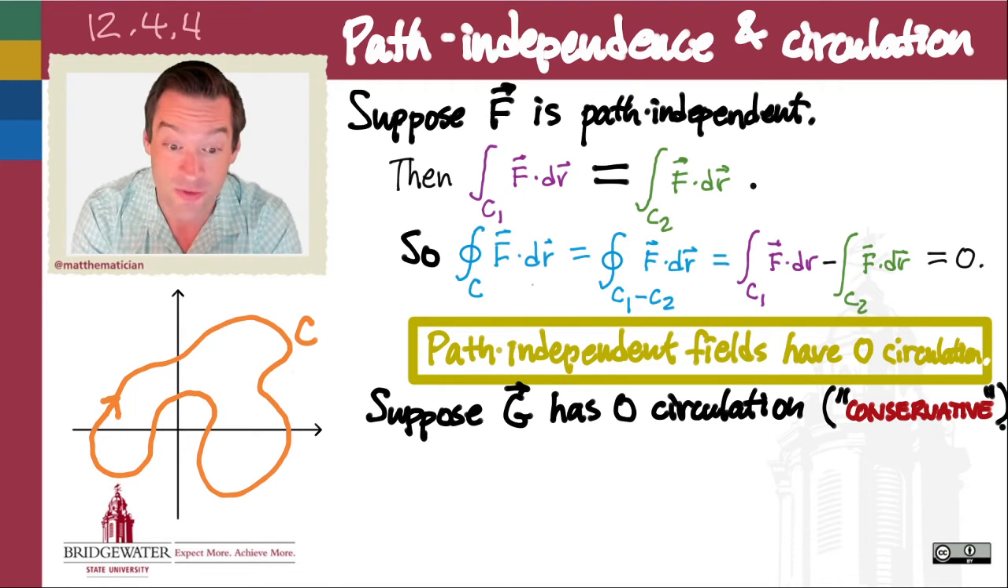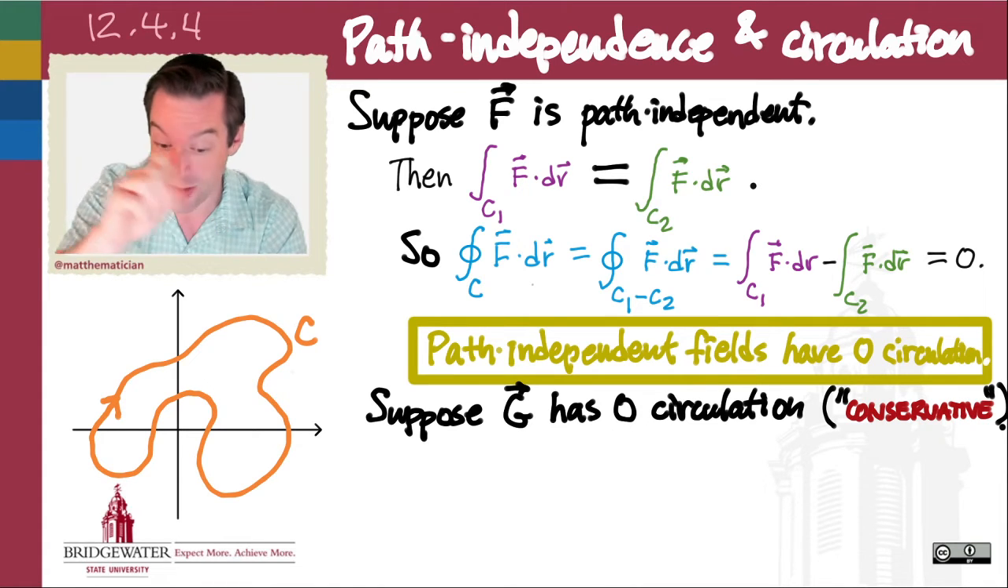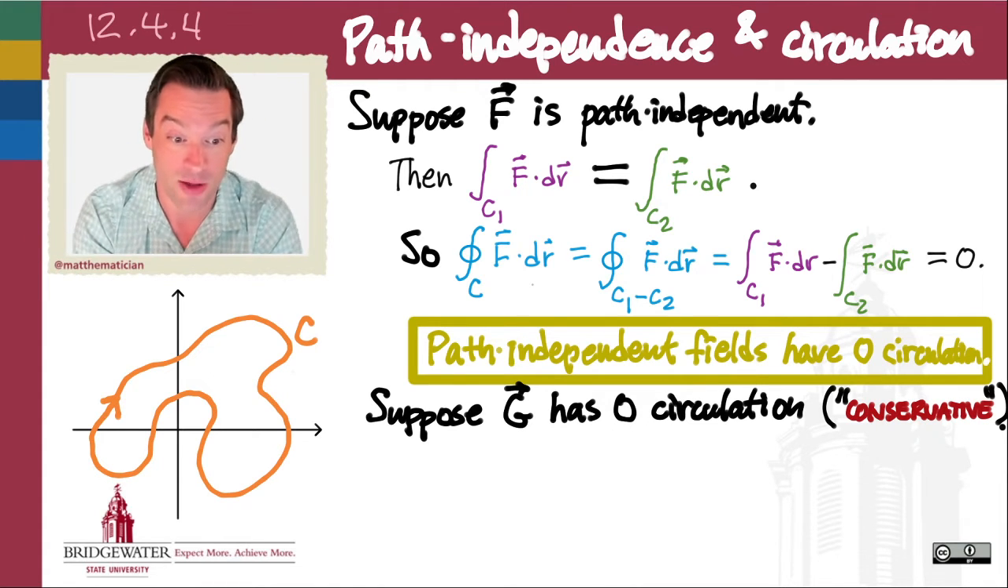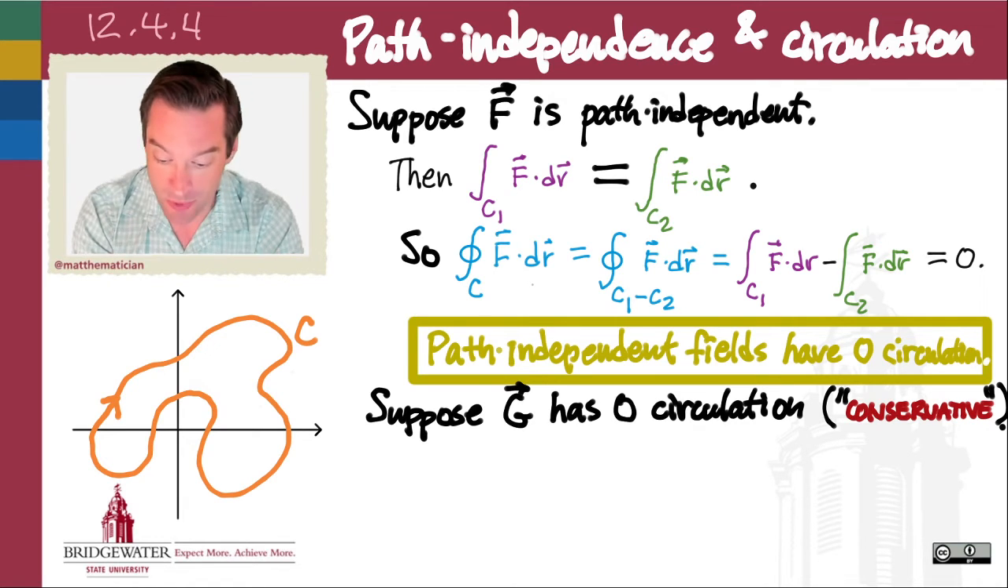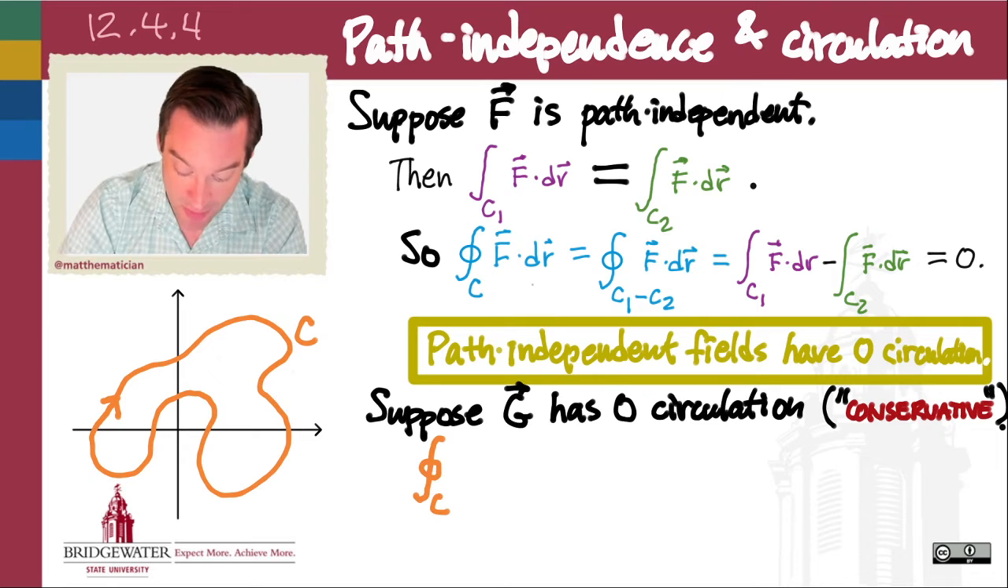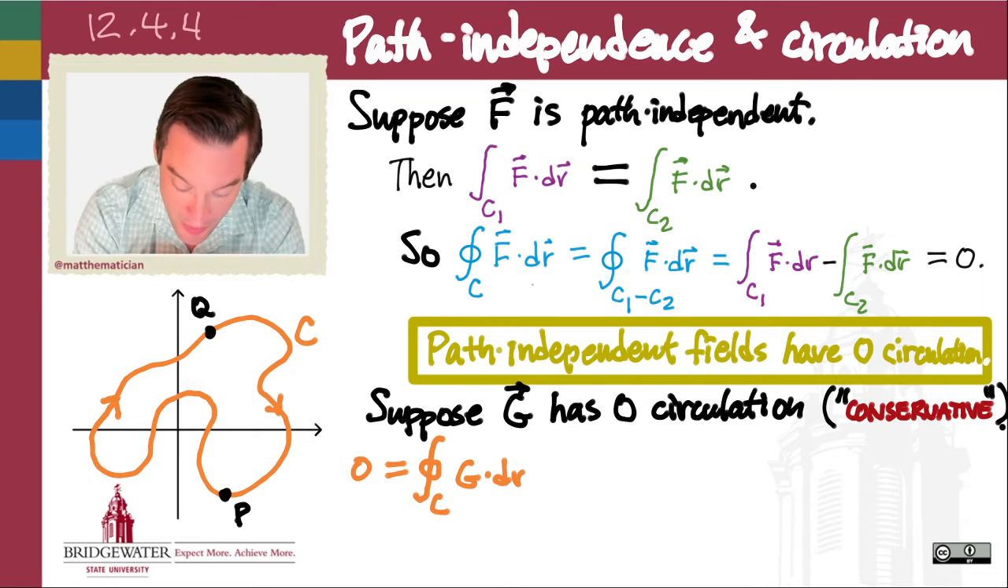So a conservative vector field is one where no matter what closed path I draw, the loop integral of my vector field along that closed path is going to be equal to 0. And so the question would be, can we say anything about the path independence of such a vector field? Well, if we know that the loop integral along any closed path is equal to 0, then I can just